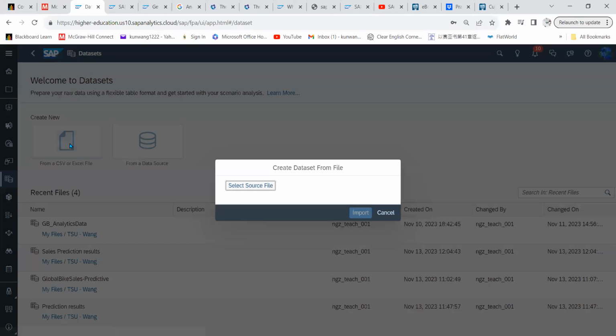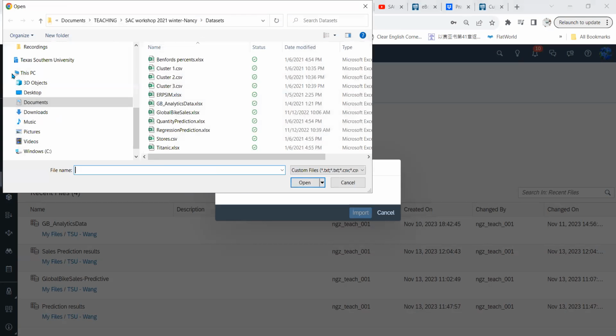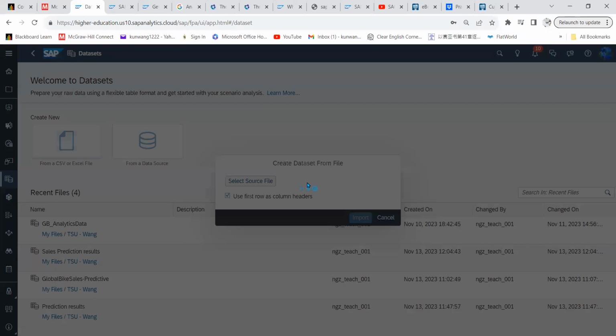So go back here and select your data source. And you should have the same one Dr. Desai sent to you, this global bike analytics data Excel file. So click on open